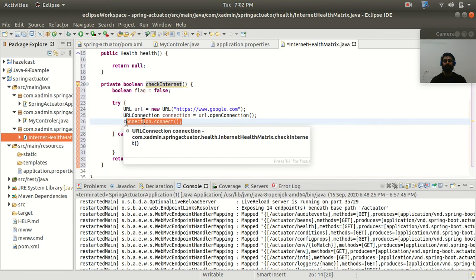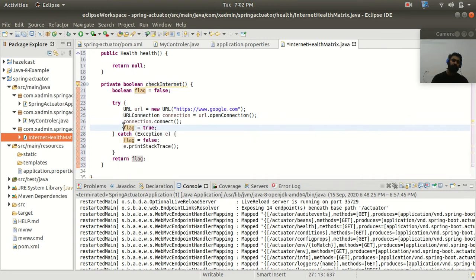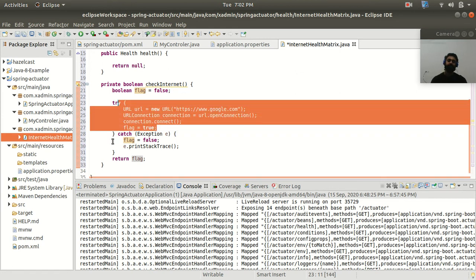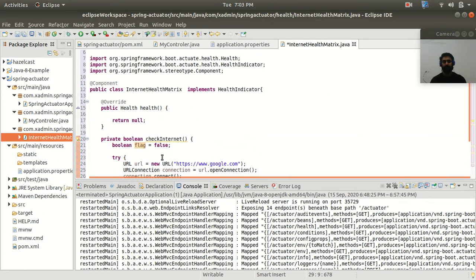And if everything goes fine, then it will store flag as true, or if I get any exception in the try block, then it goes to the catch block, where I have marked the flag as false, and I am returning this value.